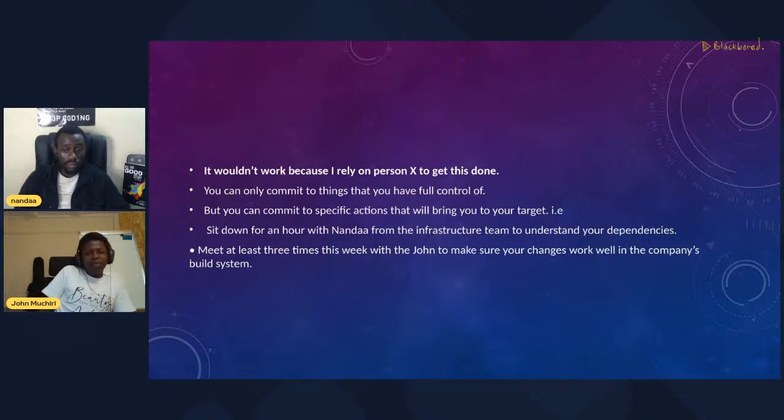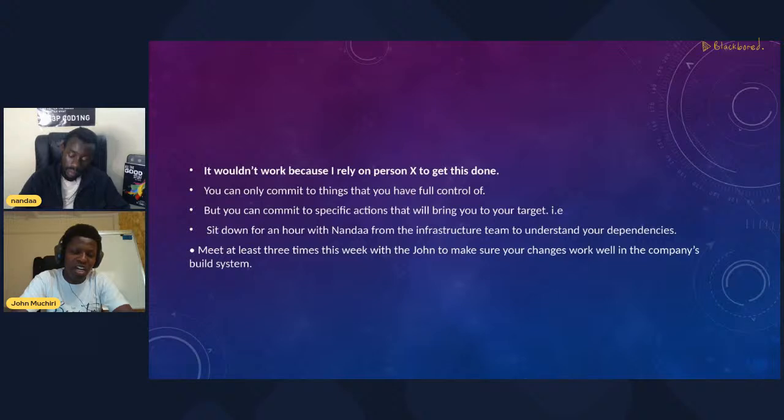Sometimes you can say yes, but things will not work. Why? Sometimes maybe you're making software when you're relying on another team. Maybe you're working on the front end team, and then there's a back end team. You're expecting the APIs to come in. How can you commit when you're relying on someone else? This is how you can commit. You cannot commit to things that you don't have full control of. So if you don't have full control of the backend, or rather the APIs, this is how you